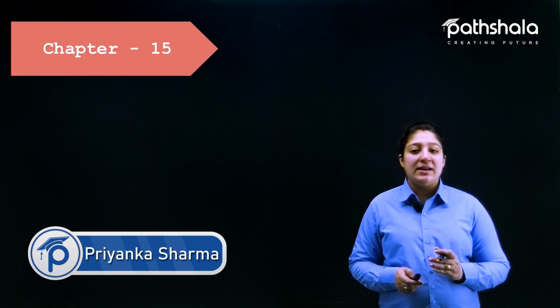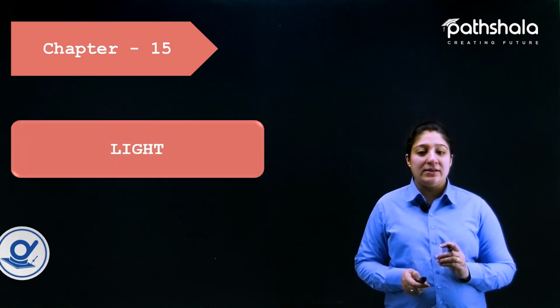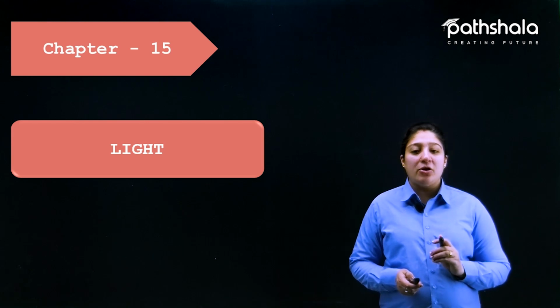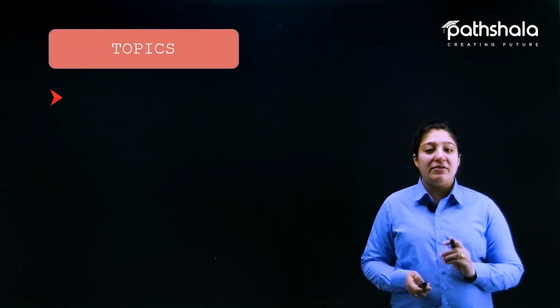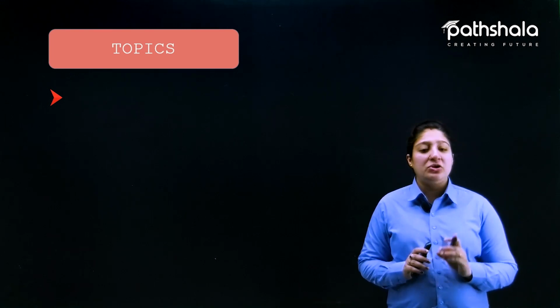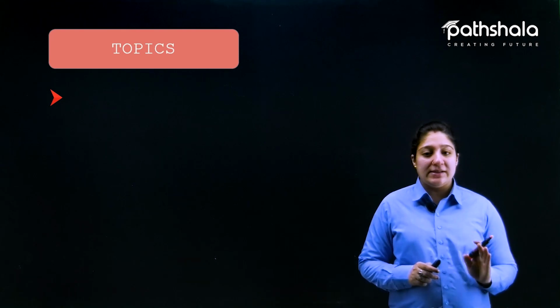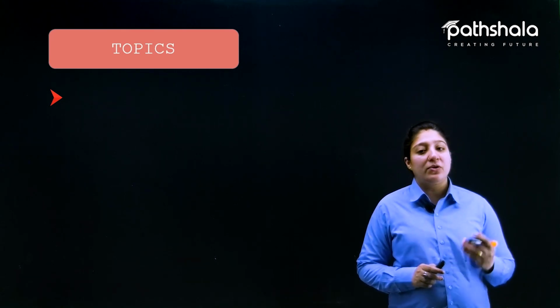Today we are going to study chapter 15, that is light, of class 7 science. Now in this chapter, what are the different topics that we are going to cover? First of all, there are some terms which you should know that you have studied in 6th class. First of all, we are going to discuss that, and after that we are going to move on to the further